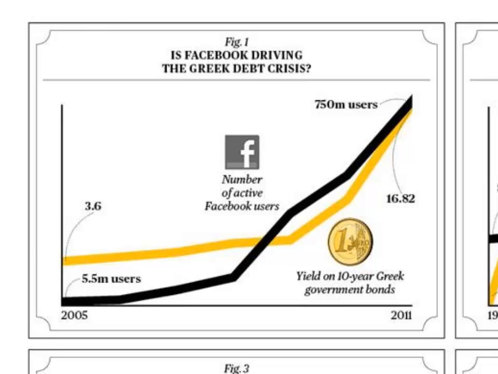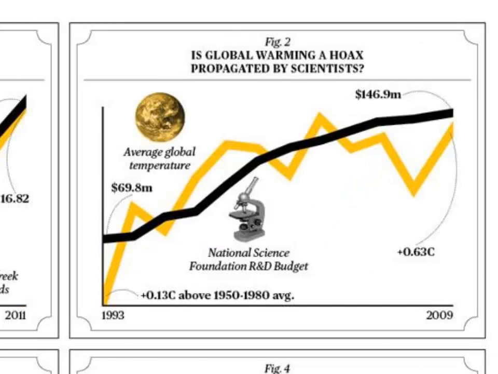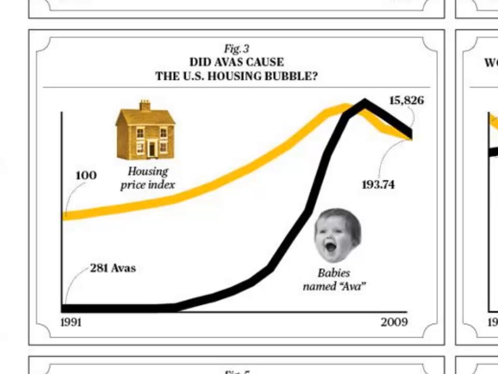This Business Week article does a good job of illustrating extraneous variables by describing 6 coincidental correlations. Coincidental correlations exist between the number of active Facebook users and the Greek debt crisis, the average global temperature and the NSF budget, the number of babies named Ava and the housing price index,